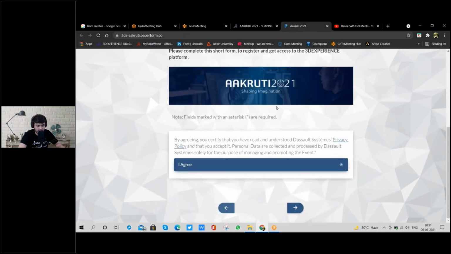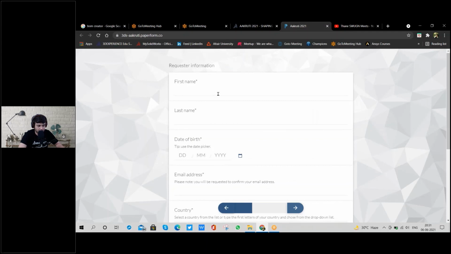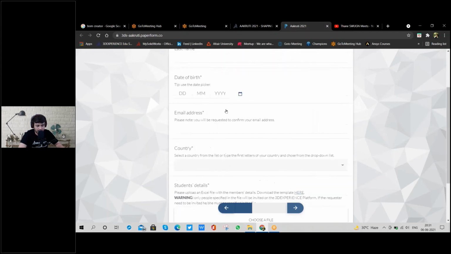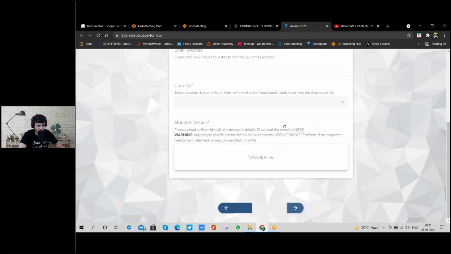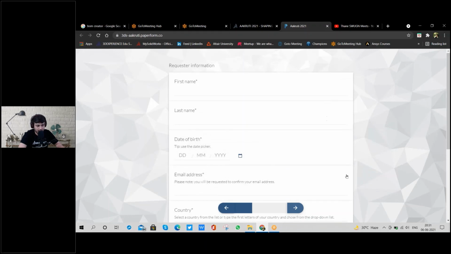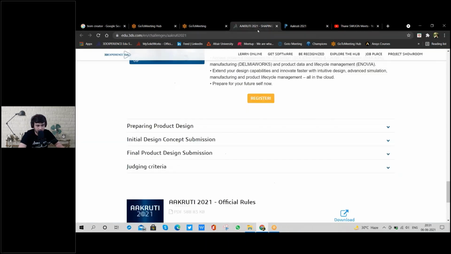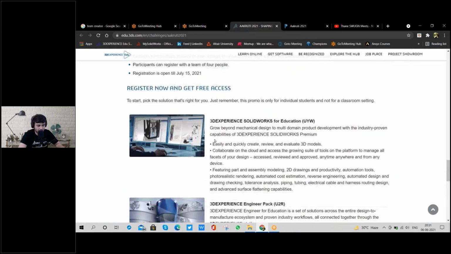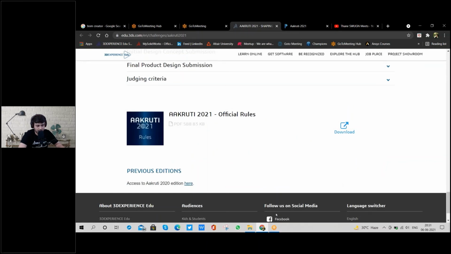By agreeing to the terms, you can go forward, write your name, fill in the details correctly, make a team of a maximum of 4 members and a minimum of 2, and fill out the form with the official rules available on the portal. Then you're good to go.